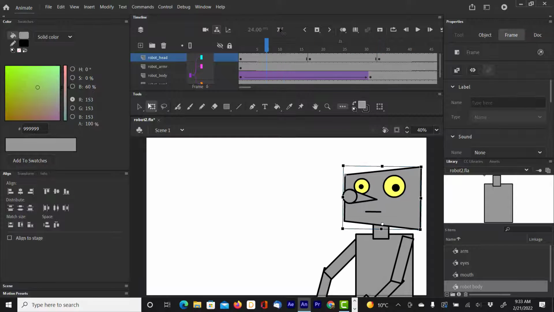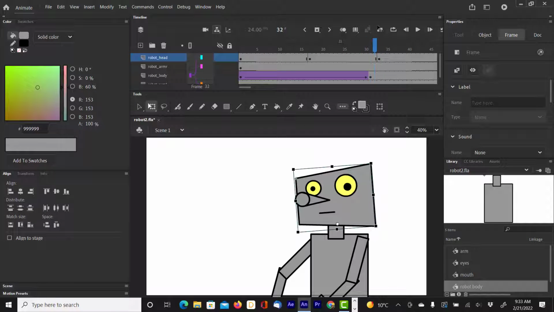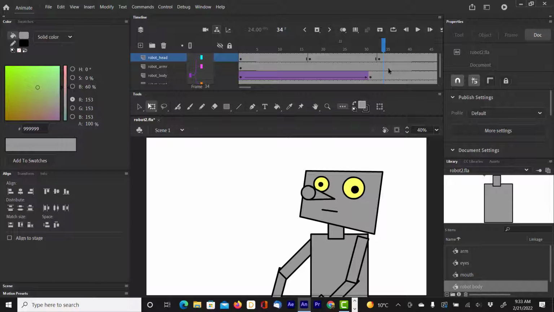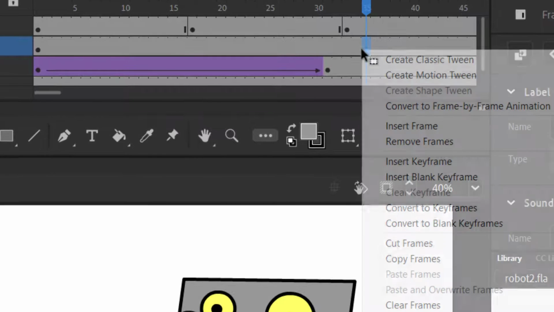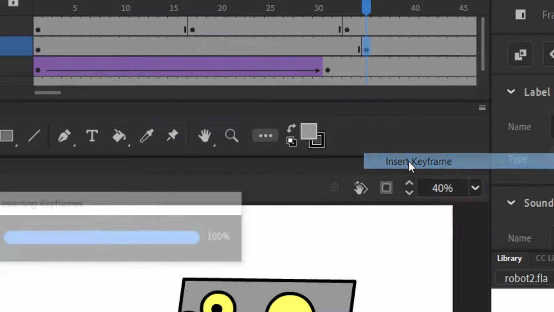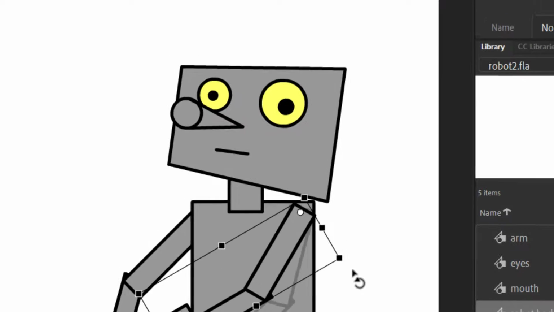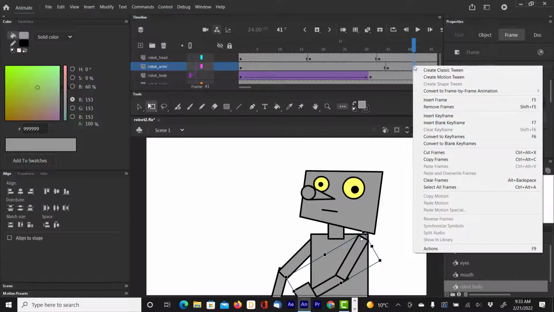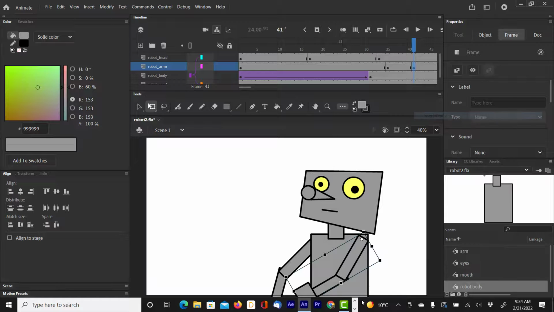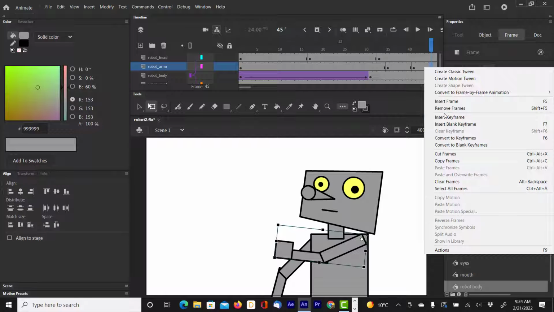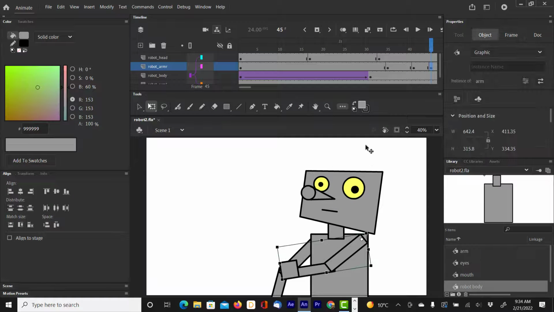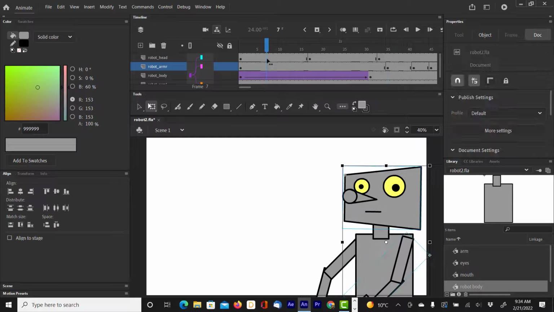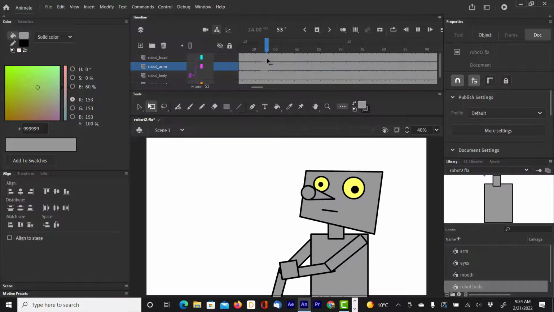We don't see its feet, so it's maybe some kind of roller thing that moves it forward. When it gets to this point, I want it to move up the right arm. So I'm going to click on that and add a keyframe. I want it to start moving, so I'm going to move it up just a little bit there. I'm going to do this without tweens because it's a robot, so it's going to kind of do the robot as it moves its arms up. It's going to go up, and then maybe just a little bit back. So I'm just inserting keyframes, putting it like that. So you're going to see the robot do some arm movement as it